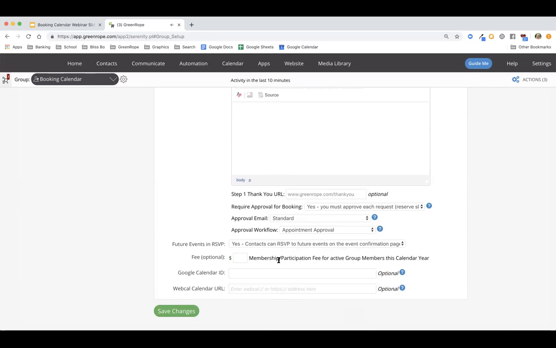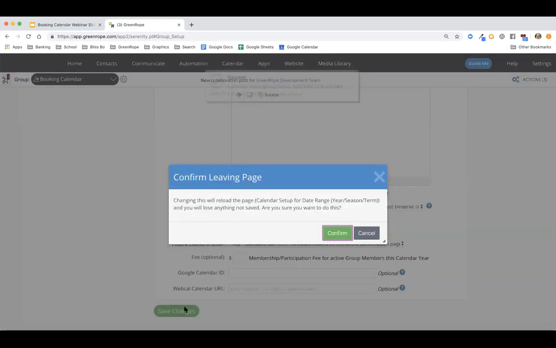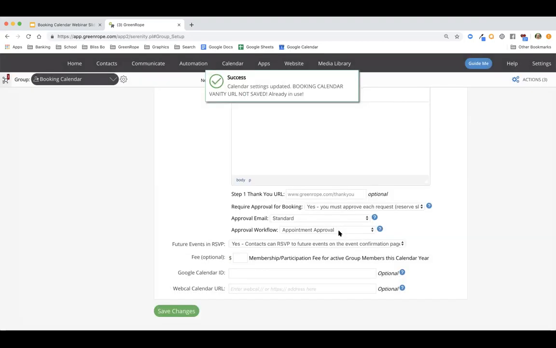Down here, you'll see the Google Calendar ID as well as the WebCal URL. This is associated when you want to connect your two calendars. You'll add the information in here, and so anything in the booking calendar and the Google Calendar can start talking to each other right here. You want to then save the changes to make sure that,